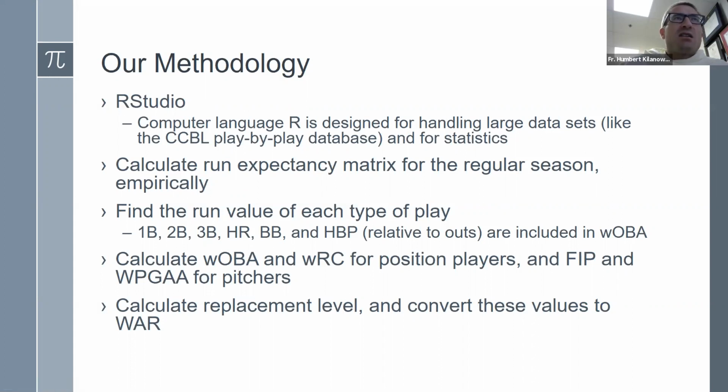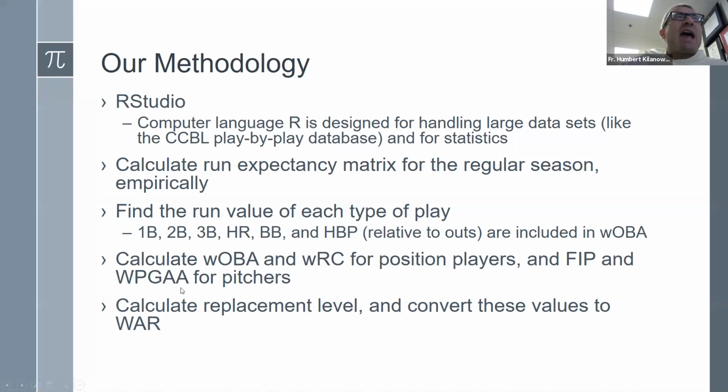Once we have that, we look at the run value of each type of play, so each type of hit or walk or hit batter relative to an out. This gives us weighted on-base average. Calculate that for position players, and weighted runs created, which is based on it, and fielding independent pitching and